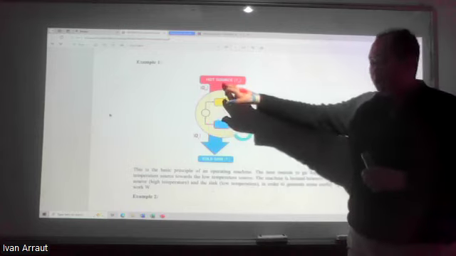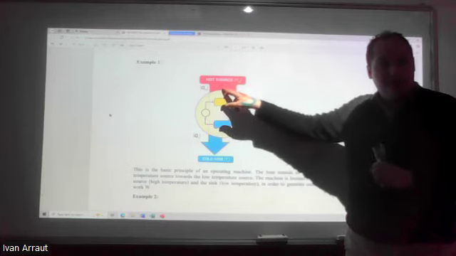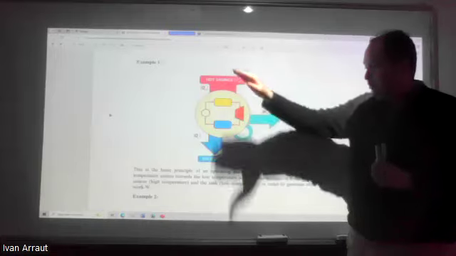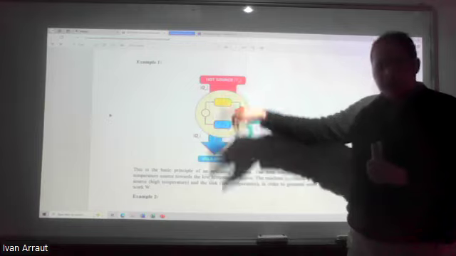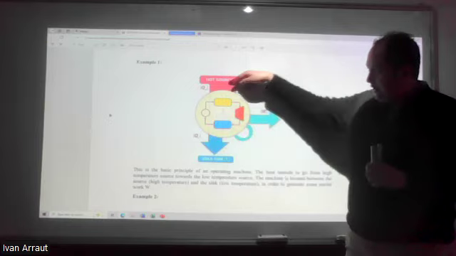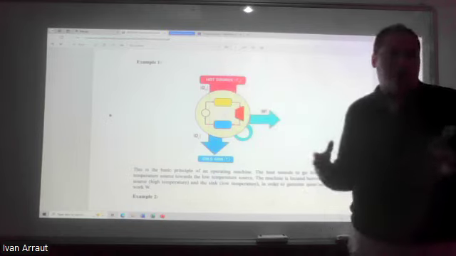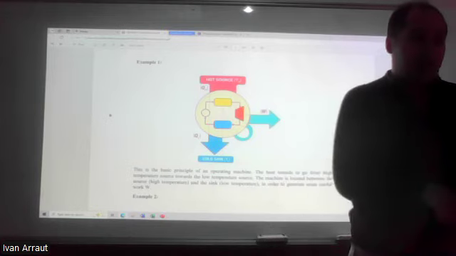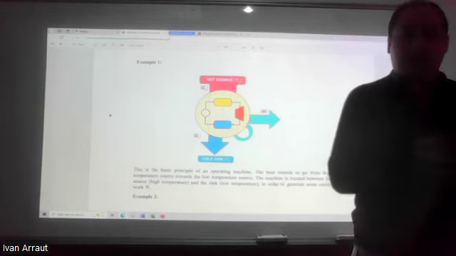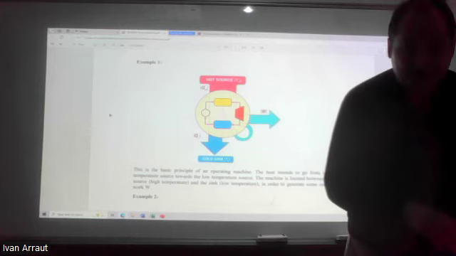We call the hot part the source. This is the source of heat, because the heat flows from high temperature to low temperature until there's a thermodynamic equilibrium between both, unless you are permanently inputting energy here to keep this hot, which is how the machines operate. That's why you need gasoline, no? You need gas in your car. You need gas in the planes for the engines to continue working, and the engines operate under thermodynamic cycles.